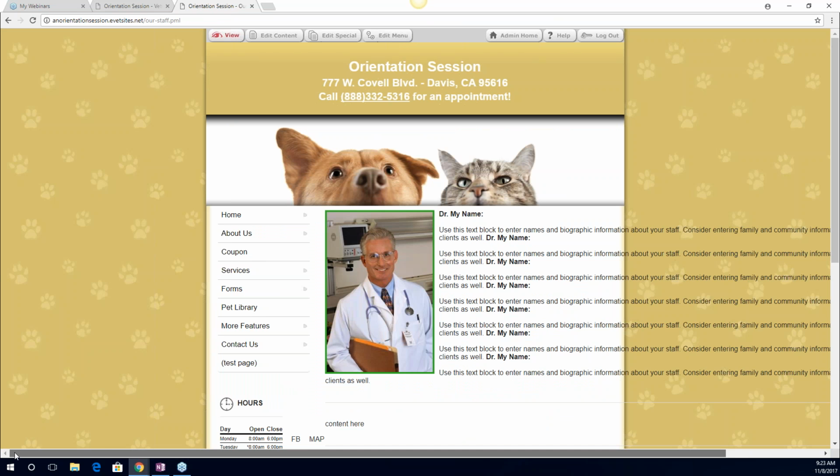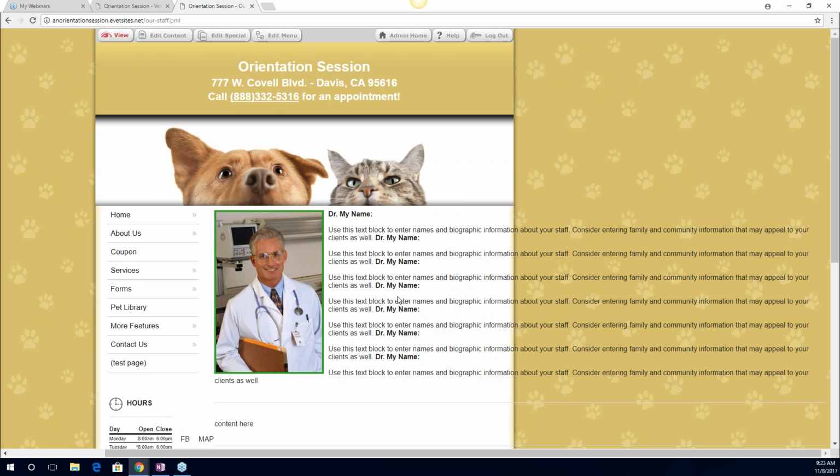So now you'll see what we've done. We've changed this table to 1400 pixels, so it doesn't matter how big the template gives us or how much room the template gives us. It doesn't matter how big the screen size is. This table is set at 1400 pixels. So we go edit content,